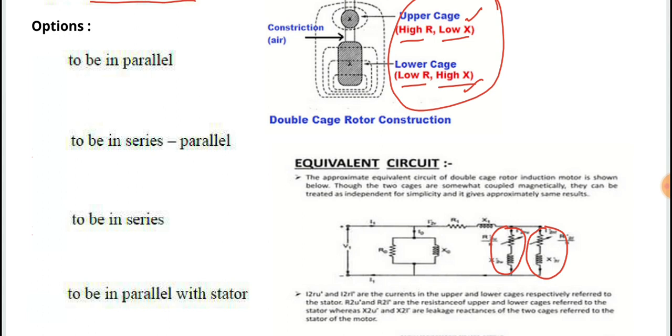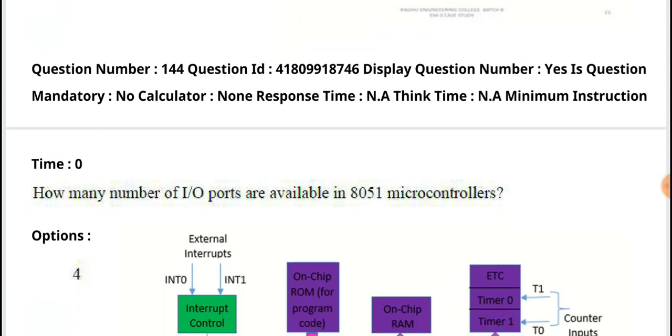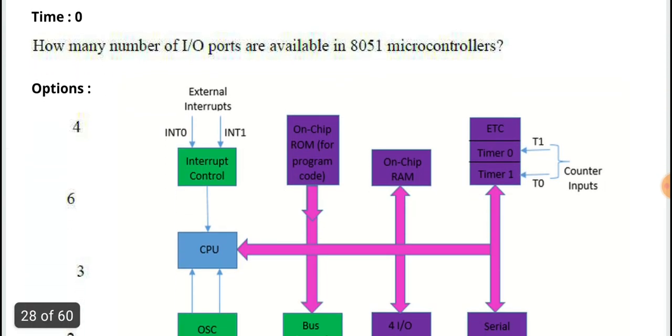So the answer is that in the equivalent circuit of a double cage induction motor, the rotor cages will be considered to be in parallel. So these two are connected in parallel here. Likewise, they will also ask questions like this. Okay, so the next question is from